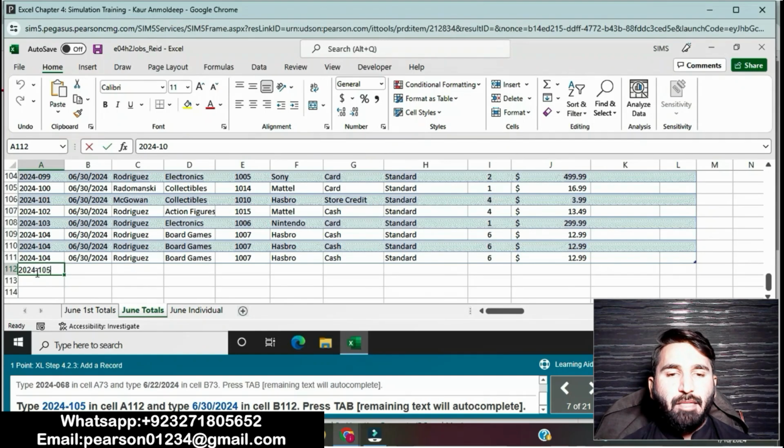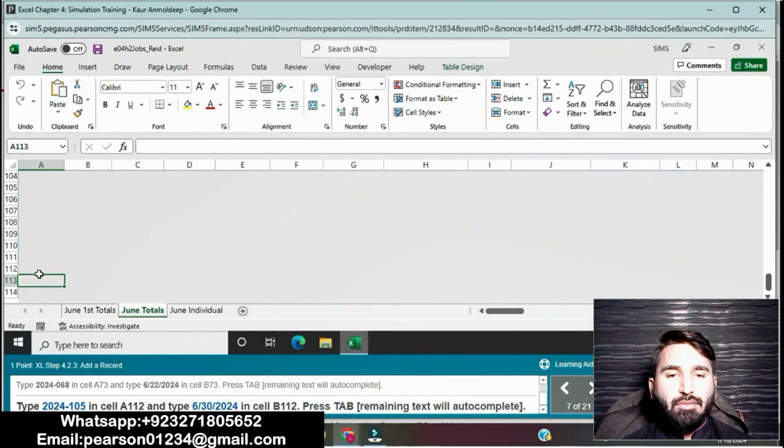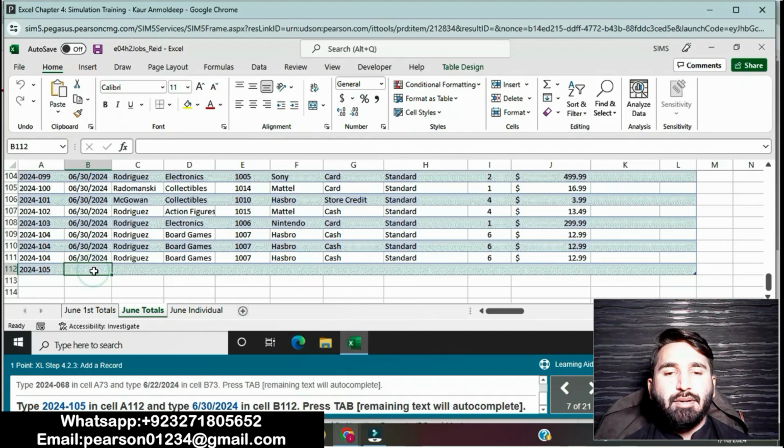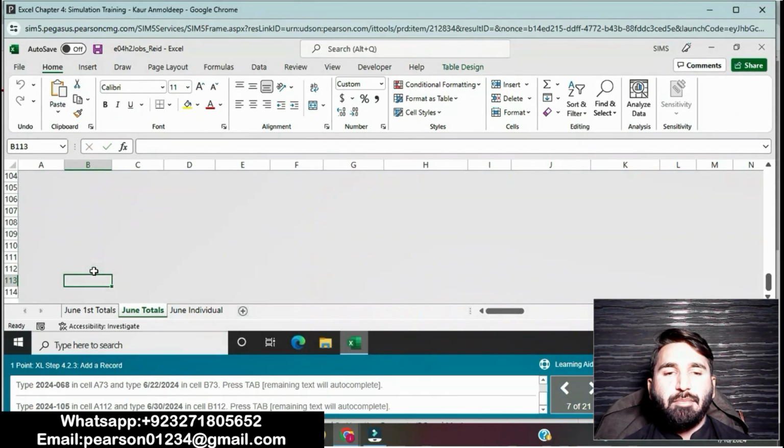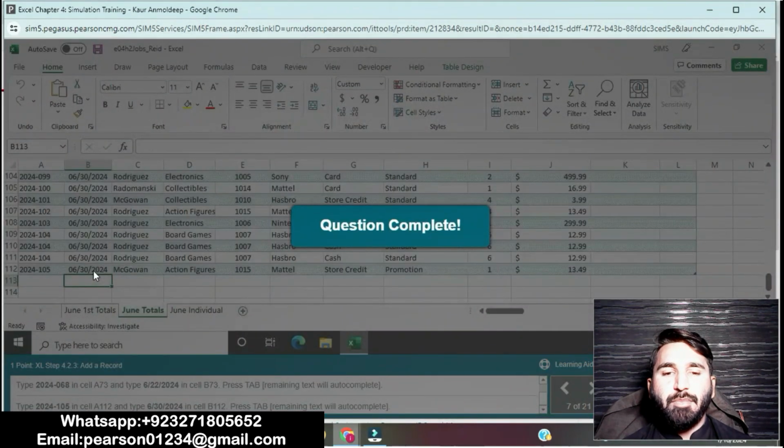Then press Tab. Okay. Then 6/30/2024 in cell B112. Then press Tab. This question is completed now.